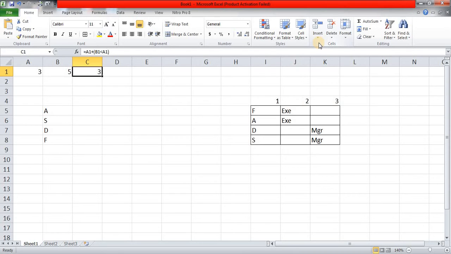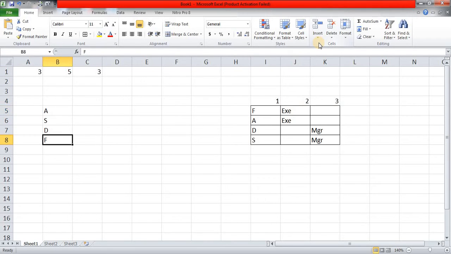Enter. It's 3. So this is how Excel treats true and false, where true is equal to 1 and false is equal to 0. And remember, there are only these two texts, true and false, which Excel converts into 1 and 0. Okay, and it does it internally. So now we'll use this true and false logic to see whether we can use it in VLOOKUP to our advantage.